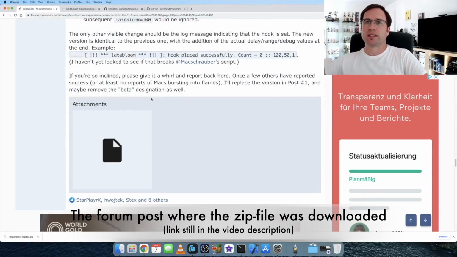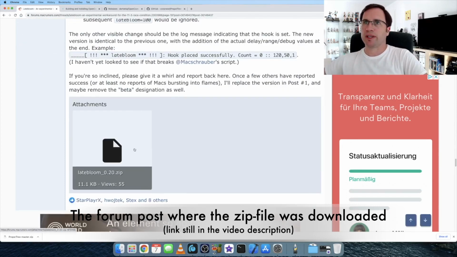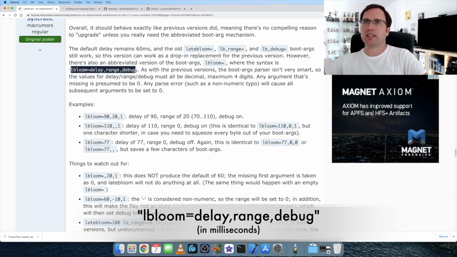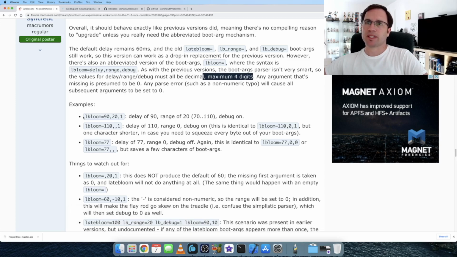And here in this post, you see that there's a boot argument that's called lbloom. And the syntax is here, lbloom, delay, range, and debug. The values must be all decimal and a maximum of 4 digits. Okay, there are some examples down here.